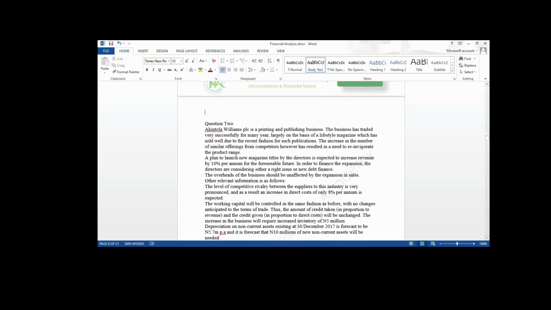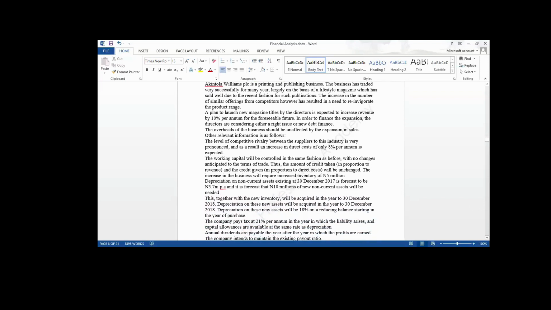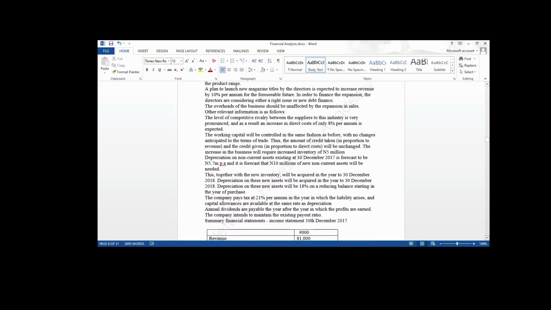Working capital will be controlled in the same fashion as before, with no changes anticipated to the terms of trade. Thus, the amount of credit taking